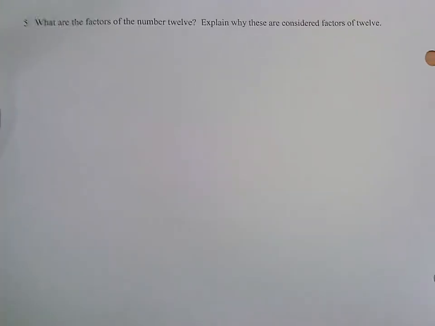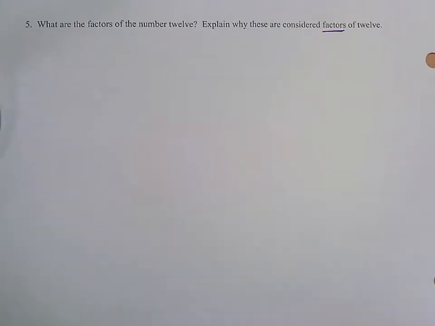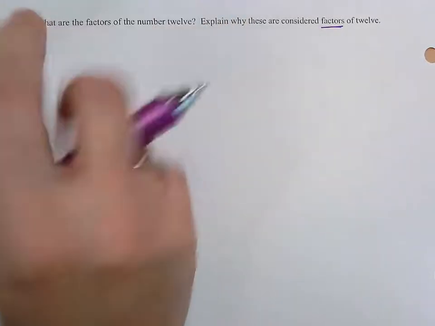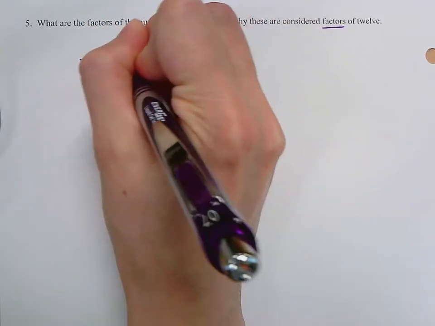So make sure you actually write this in, we'll talk about this together, because this is what we talked about at the very beginning, what makes something a factor. So it says, what are the factors of the number 12 and explain why these are considered factors of 12. So here, I'm going to start out this way. I'm going to answer the first part of the question. What are the factors of the number 12? So I'll say the factors